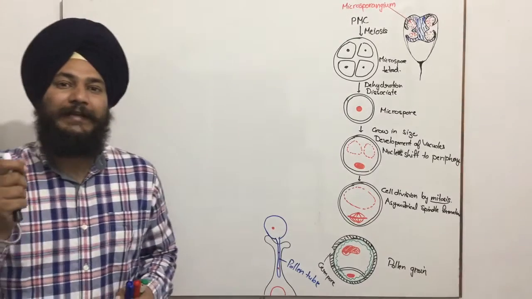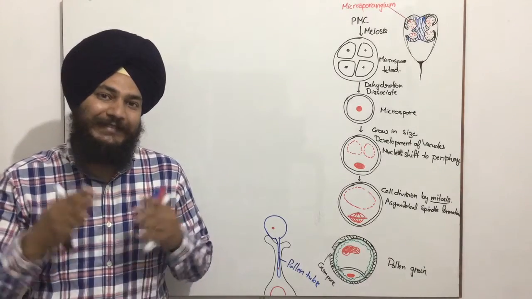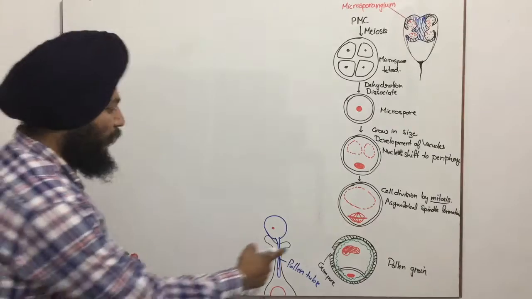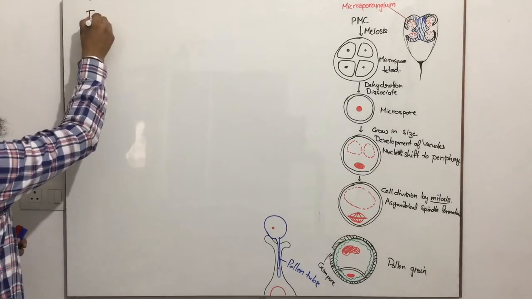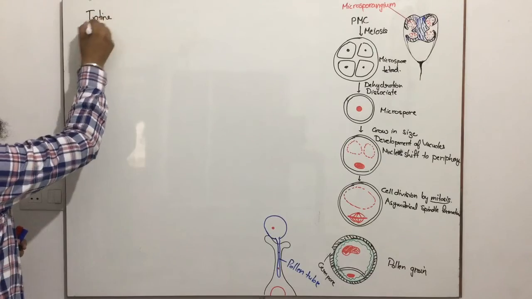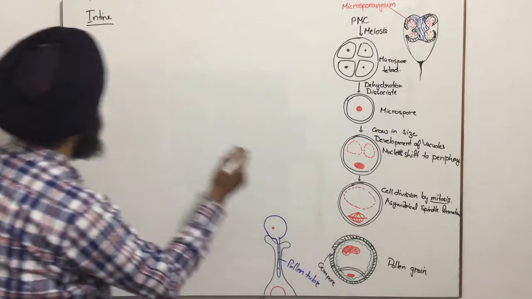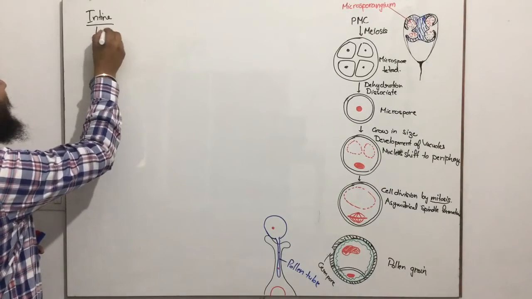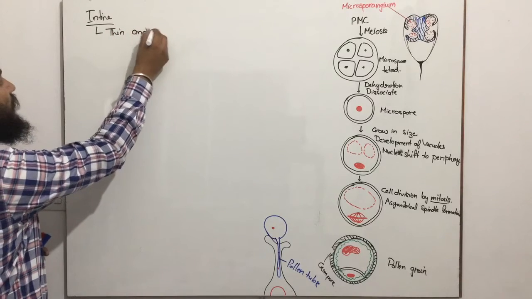So we have done with the discussion of the exine. Inside the exine, the next layer of the wall of the pollen grain is the intine. Exine was the outer layer and intine, this green one, is the inner layer. The intine is a thin layer and it is a continuous layer.